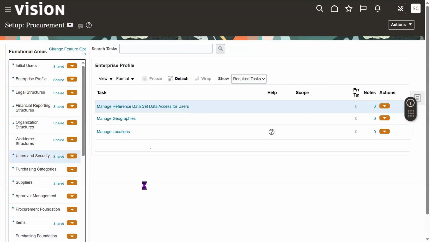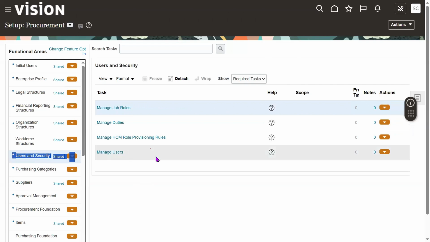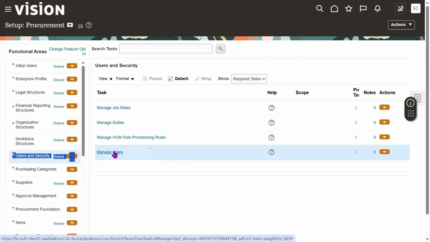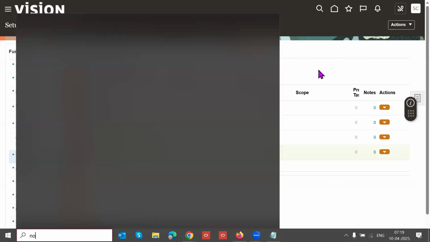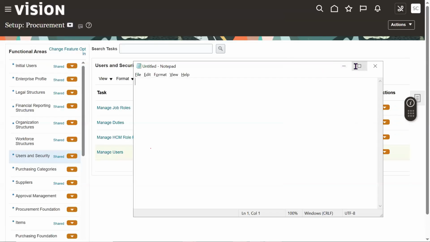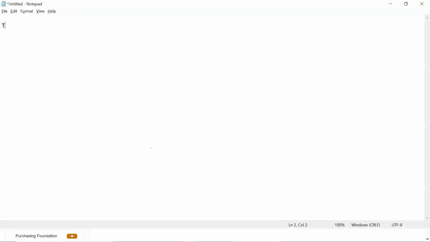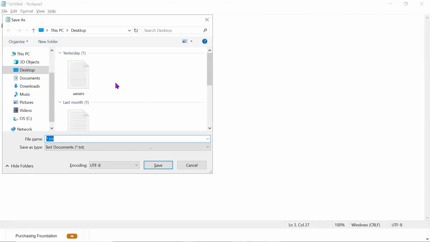And from users and security, you see here. From users and security, we create employees here. Nothing but we create business users here. So here, majorly two types of users are there. Majorly two types of users in the system, in the application. One is